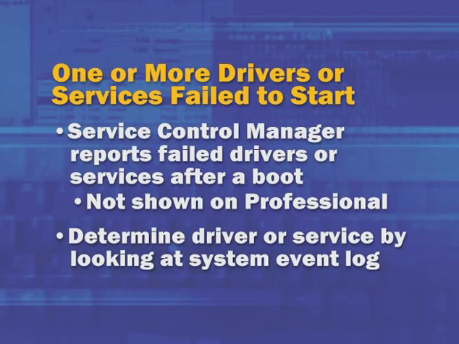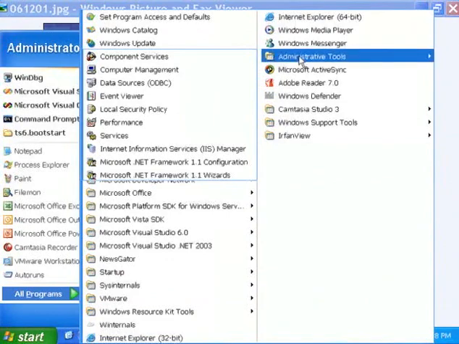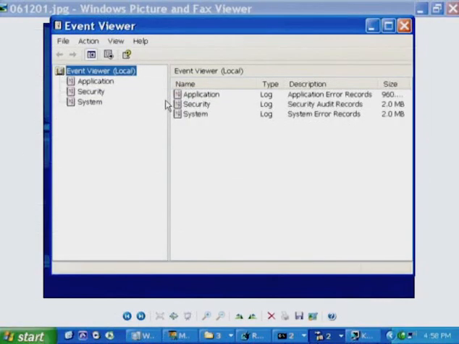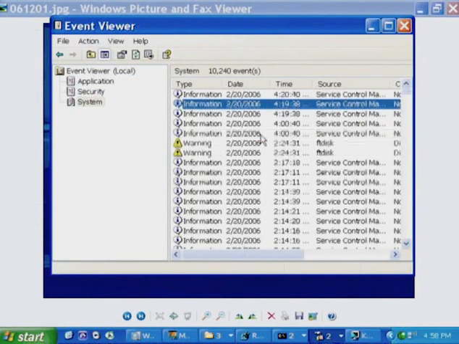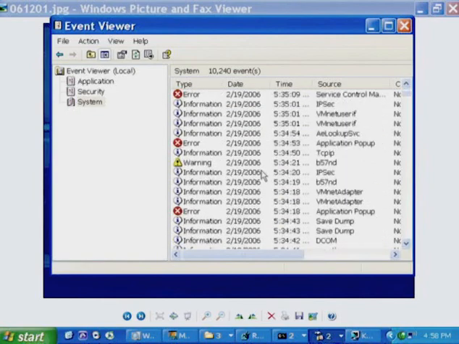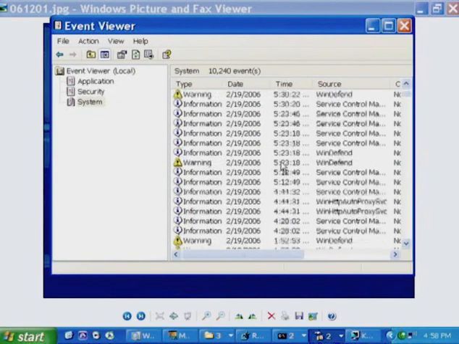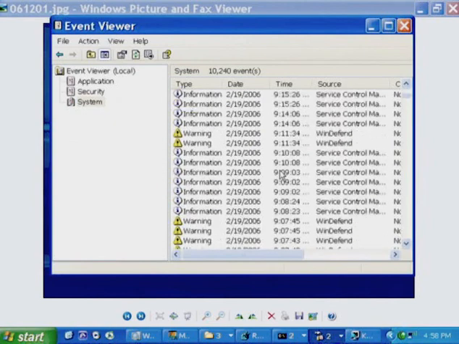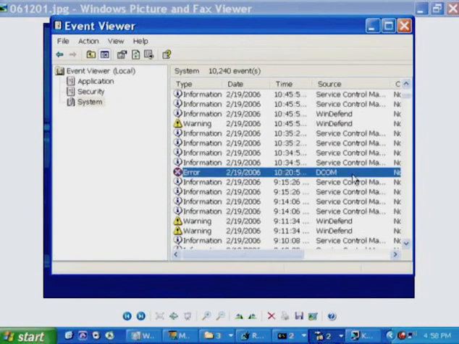So what we recommend you do to see if you're actually encountering that kind of error and might not be aware of it is to go into your Windows System Event Log. You can do that by going under the Administrative Tools, Event Viewer, and going into the System Event Log, looking for a red indicator that there's an error like that, although I don't seem to have any "one or more drivers or services failed to start" errors, and identifying the particular driver or service that might be encountering your error, investigating the cause of the error, and then fixing the error.